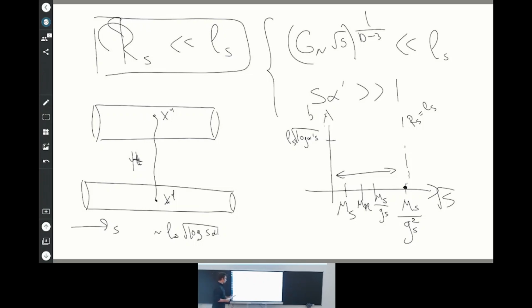So there would be many T exchanges, right? If I cut in the T channel, I see many particles. But if I cut in the S channel naively, I see two cylinders only. So where is the particle production in the S channel? Yeah. So the effect, the way it comes about